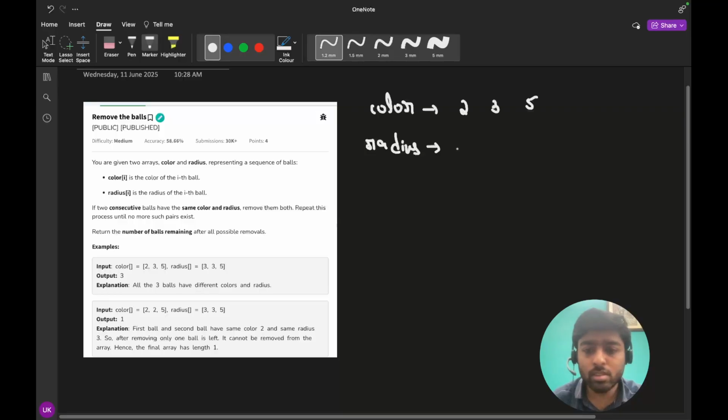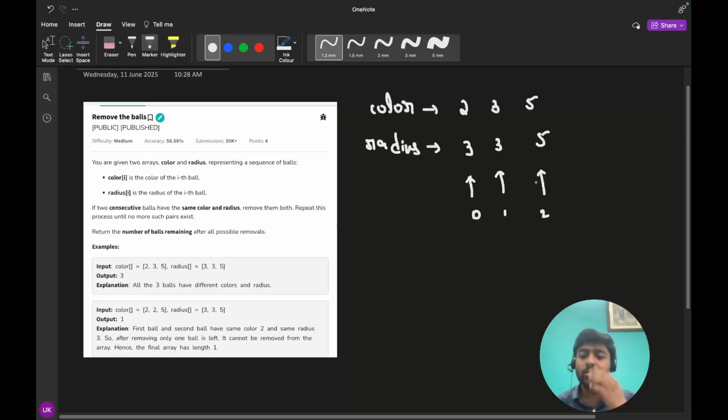It is 3, 3, 5. So the value is telling that ball number 1 has color 2 and radius 3. Going index wise, ball 1 has color and radius 3, 3. Ball 2 has color and radius 5, 5.